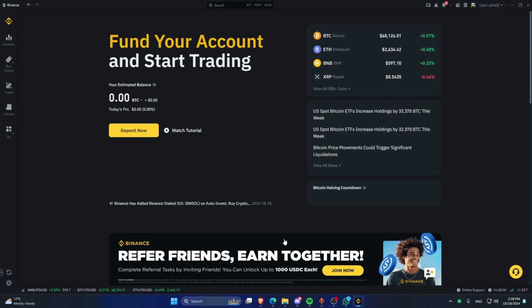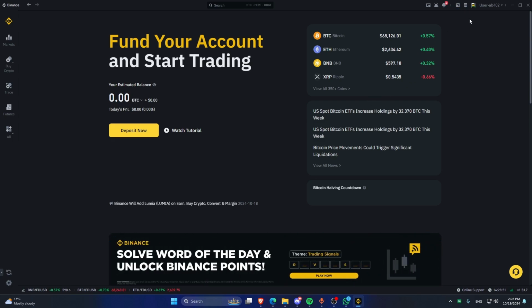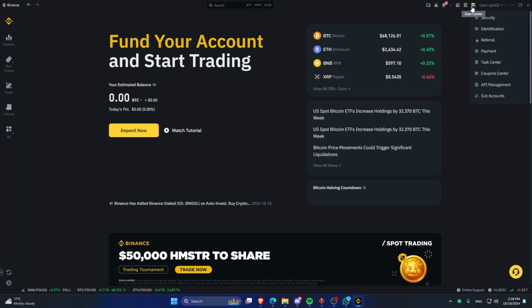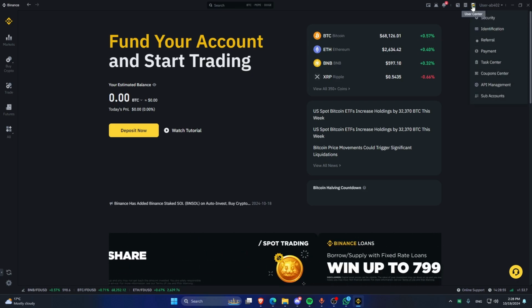Basically what this means is when you invite someone to join Binance using your link, you will earn a percentage of their trading fees. So this means both you and your friends will be rewarded and have some discounts. Now how you can check this is to go to user center,